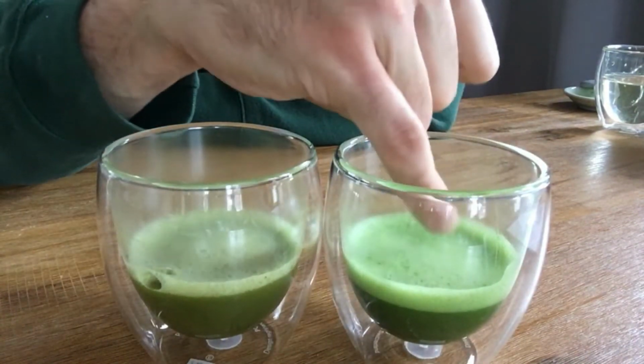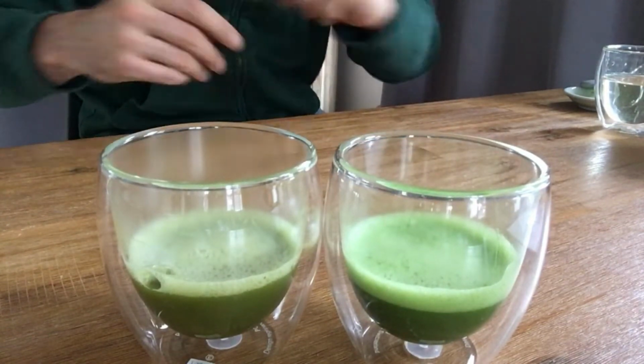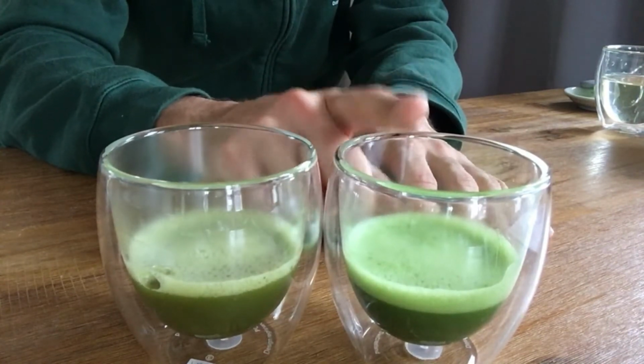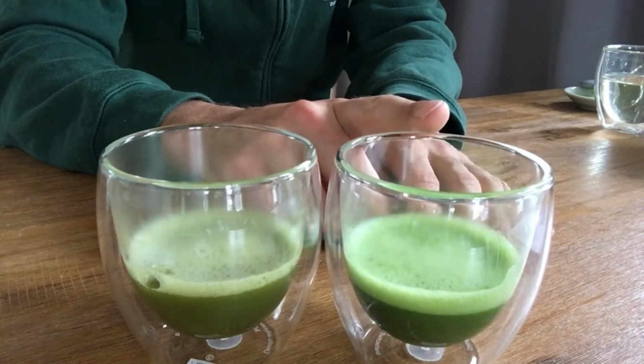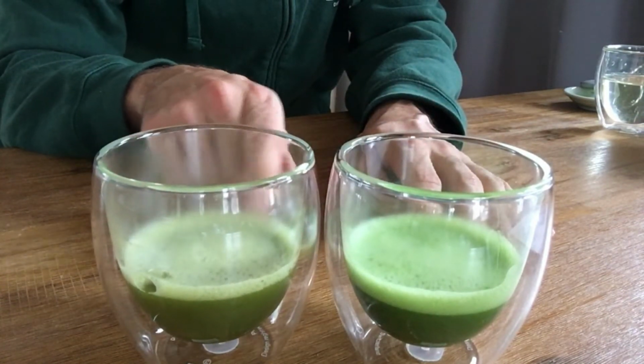But what we can see here is the density of the foam is much better. In my interpretation, this is coming from the fact that here we have more amino acids, so we have a little bit more proteins in the tea, mainly L-theanine. Here we have a little bit less, and this just makes the foam finer and the bubbles a little bit bigger. And in terms of taste and texture, when I compare these two,